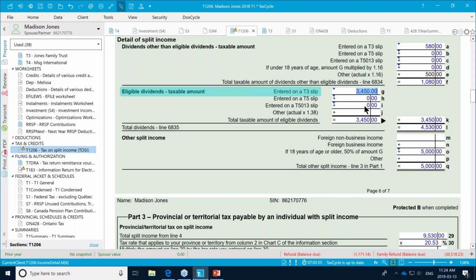Also, any box that has a blue number in it, a 0 or a number, means that that field is being calculated from somewhere else. So these boxes without are edit fields. You can enter what you need to. The other ones, if you wanted to enter something in there, would require an override, which means that data is coming from somewhere else that you've overridden, so the calculation is going to be different.